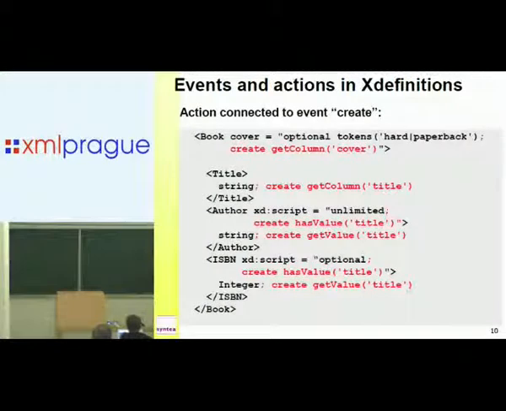Now I'm coming to the example of actions and events. I already mentioned that you can describe some events. So let's say that we will define the special event when we have no data and we have only this recipe, this description. So we are reading in this mode, in the create mode, the XDefinitions, and we are doing what's written in the paragraph or in the section which is called create. But we can put together, as the cat and dog,